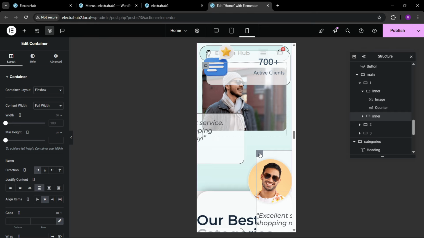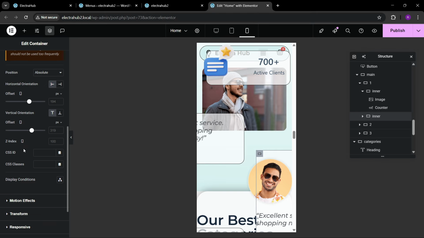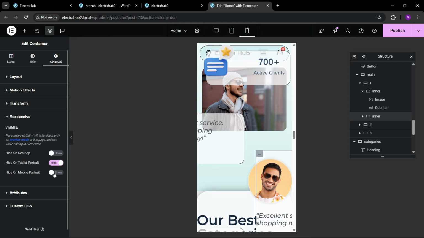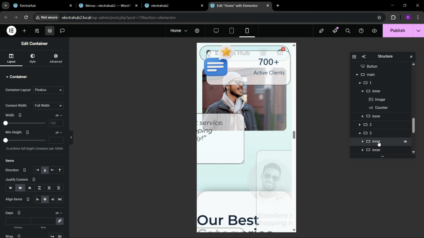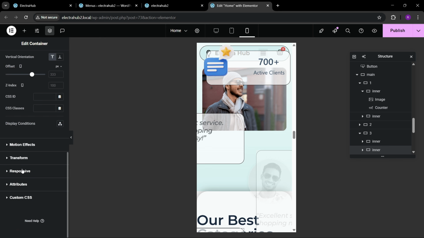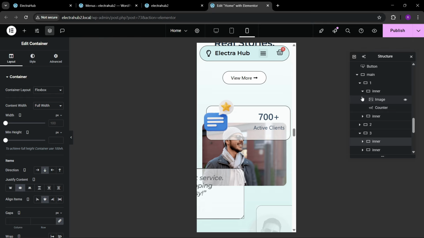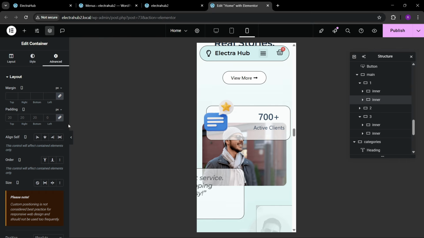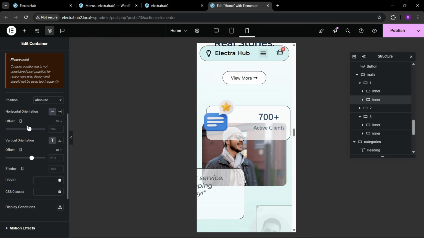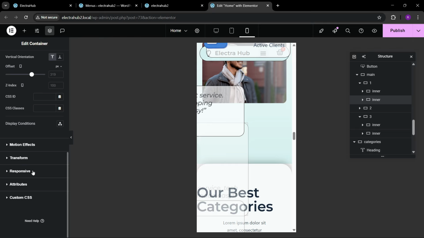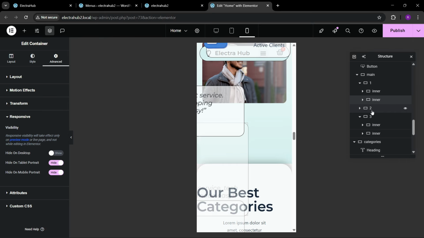Also we can use this inner, we can hide this here. So we have to hide many things, like here we don't want to use this. Here the third one also, let's hide this last one. Now we can use this, and we can hide this here first. And for this third one,